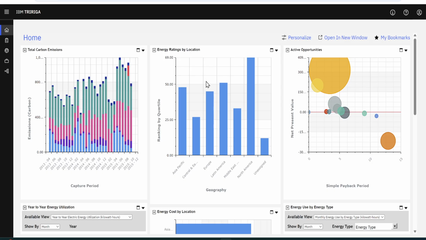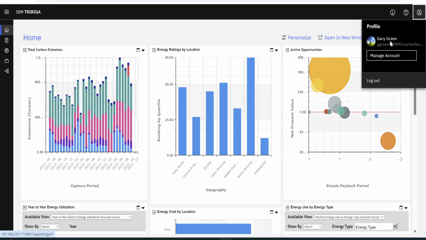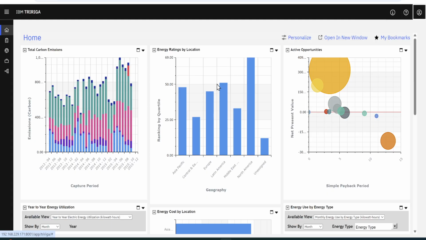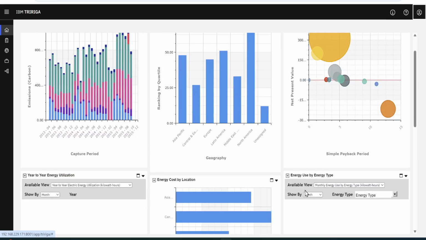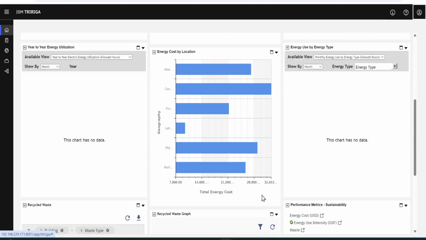This is the login screen of Energy Manager. I have logged in as Gray Green, who is managing the various buildings to make sure that the performance of the buildings is as per expectation. This is my dashboard and I can see various KPIs. For example, carbon emissions at various time intervals, and similarly some other KPIs. You can see here energy cost per location also I can see,